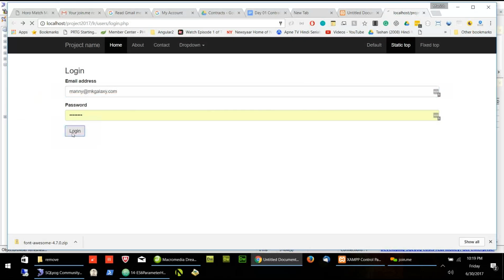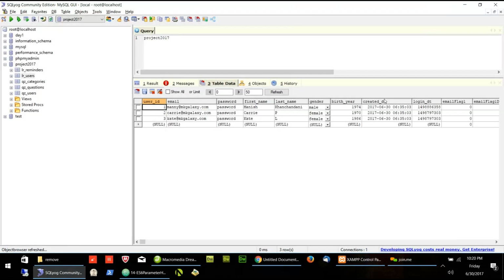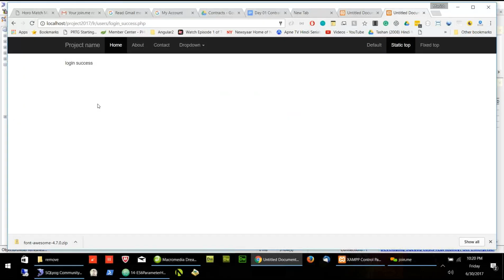Now as soon as I click login, it goes to the intermediate page, it updates the record, and then it moves to the login success. The user was not able to see that intermediate page. But when I refresh this one, remember 6358. If I refresh it, it's saying 6393. So we are automatically updating the login date. Are you getting me? Yes. Okay. So this task is done, that automatic login. So whenever the user logs in, I will update the login date. So I will know that he has logged in recently or he has logged in in the past. So we are done with this one.